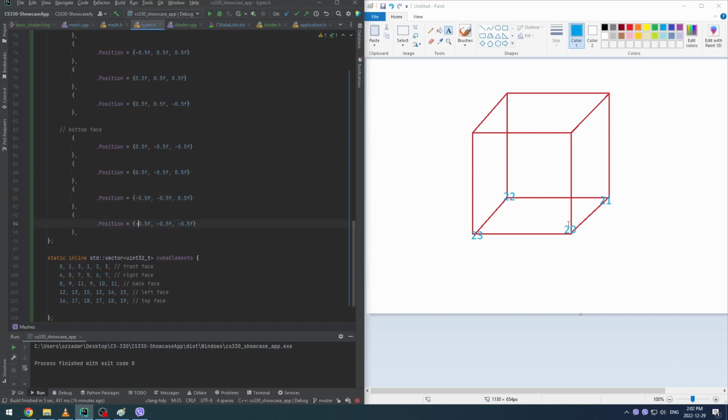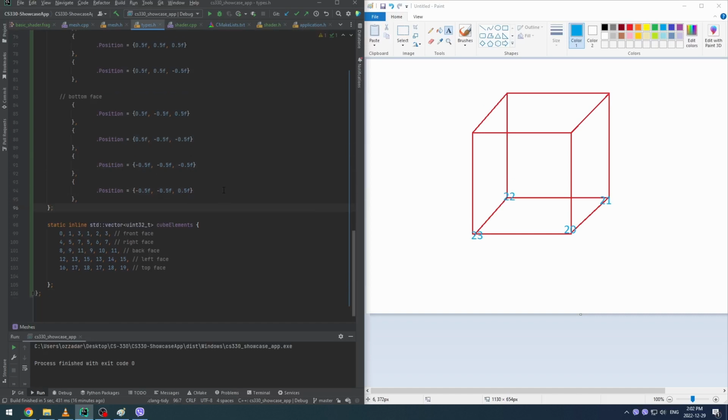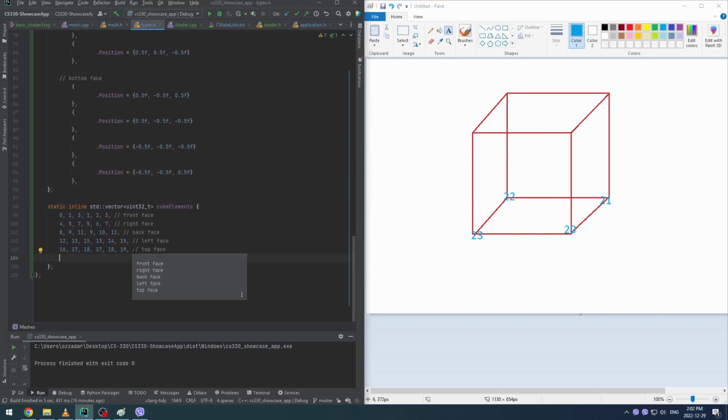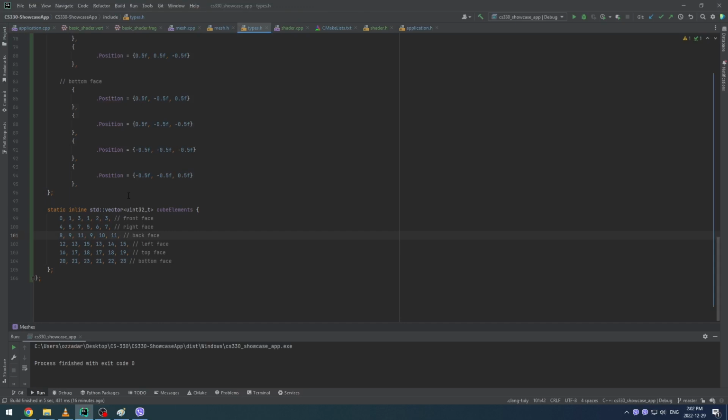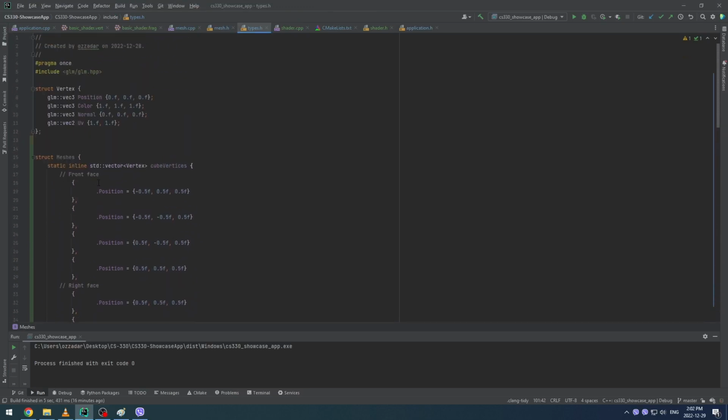Then Z alternates from positive to negative, negative, positive, like that. And then finally, it'll be 20, 21, 23, 21, 23, and 21, 22, 23. All right, now assuming we didn't make any mistakes, we should have our cube completely defined here as a static